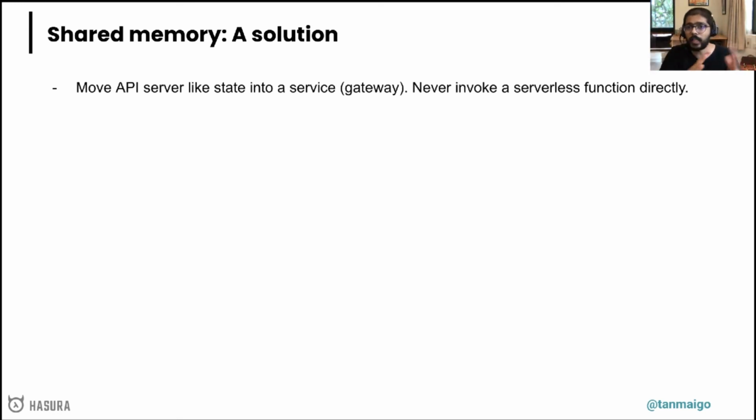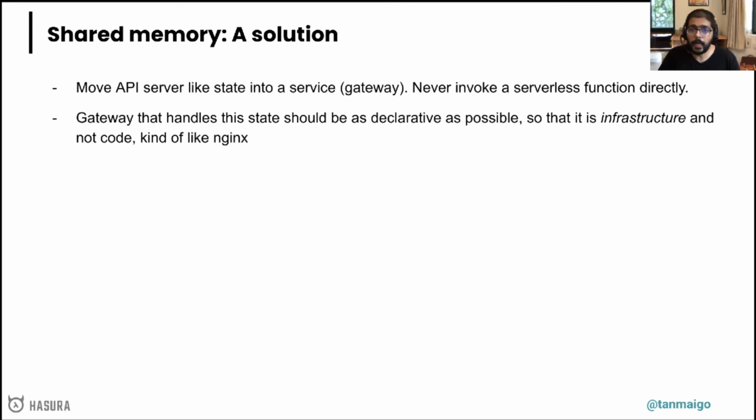into kind of a thicker gateway, right? And so you never invoke a serverless function with an API call directly, but you always go through a gateway to solve some of these problems. And the gateway, because it's now a little bit thicker, because it's absorbing some more work than just a proxy or a load balancing kind of gateway,